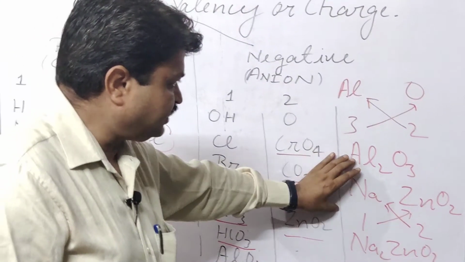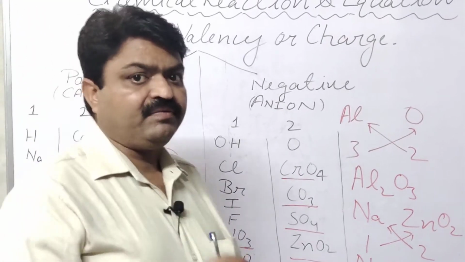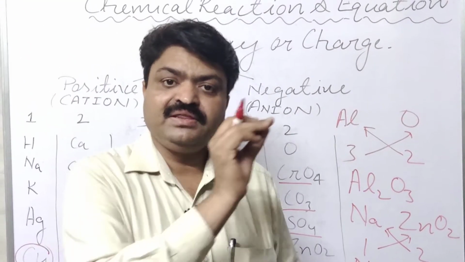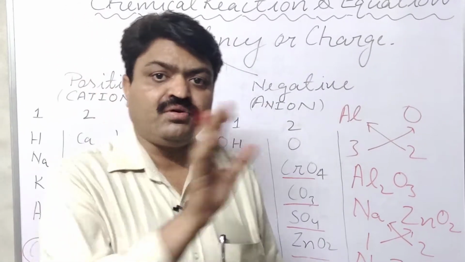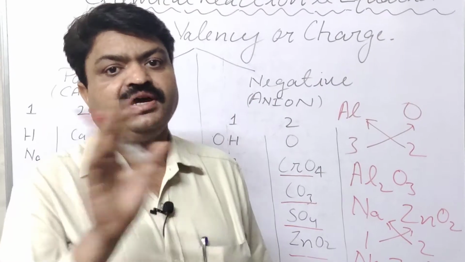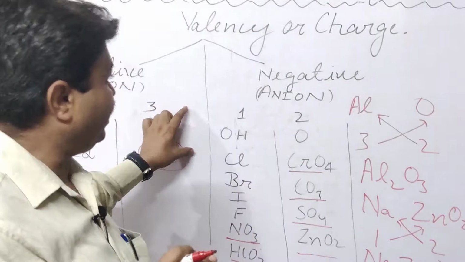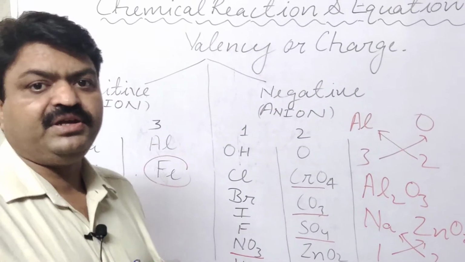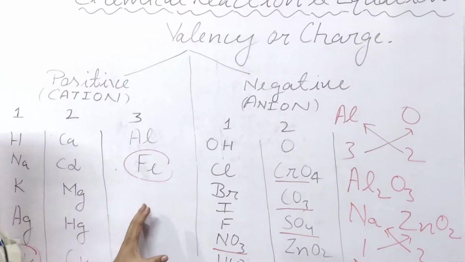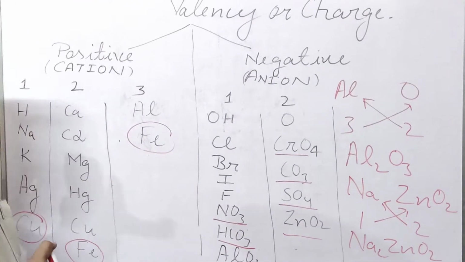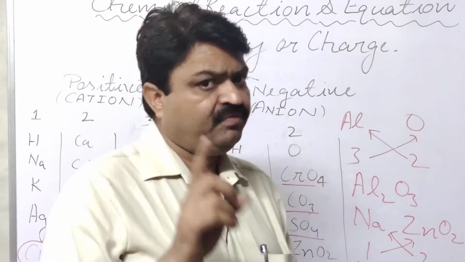Like this, we write the chemical formula of the chemical substances. If you write the correct formula in the chemical reaction, then you can get the marks. If you write the wrong formula, then you cannot have the marks, student. So you will try to learn how we can write the chemical formula of the different chemical substances with the help of learning of valency. The valency plays a very important role in writing the chemical formula, student. So you will learn it.